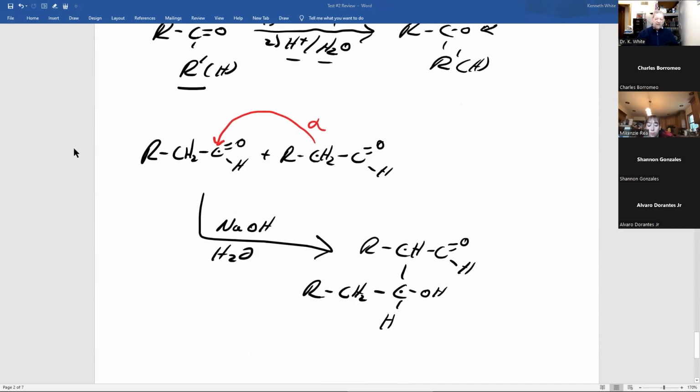Now, next I talked about the aldol condensation. And the carbon attached to the carbonyl has acidic protons, and it's called the alpha carbon. And you form the enolate anion that attacks another aldehyde in the presence of base and water, and you form a carbon-carbon single bond, and open this up to an alcohol. And this is called an aldol condensation. Aldehyde, you can do it with ketones, but I don't in this class. Alcohol, OL, aldol.